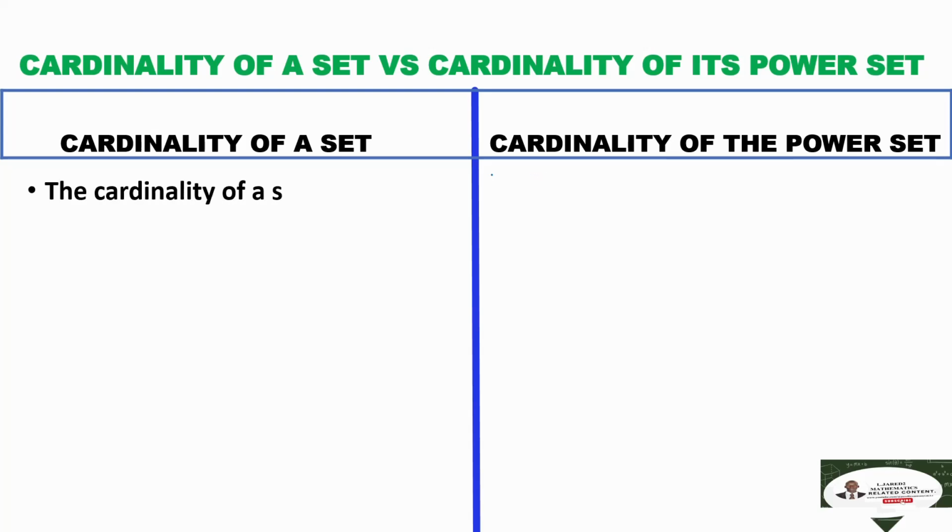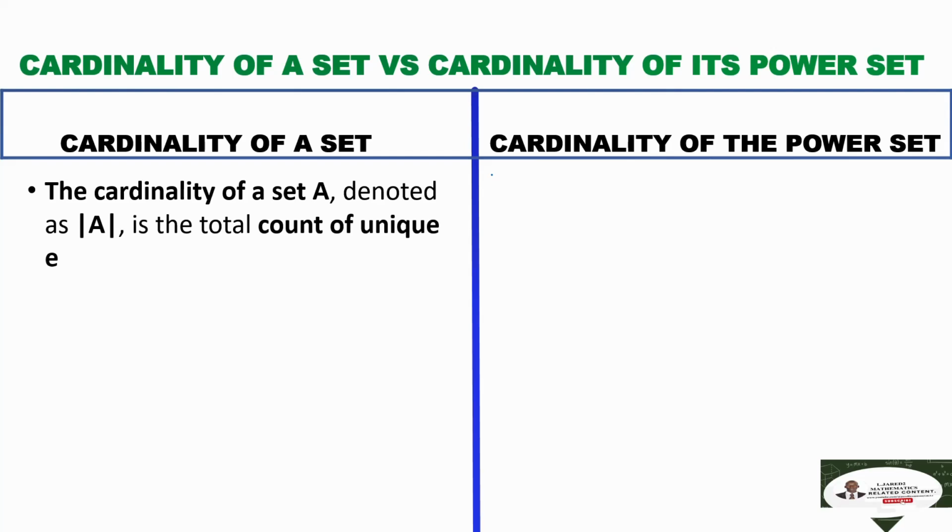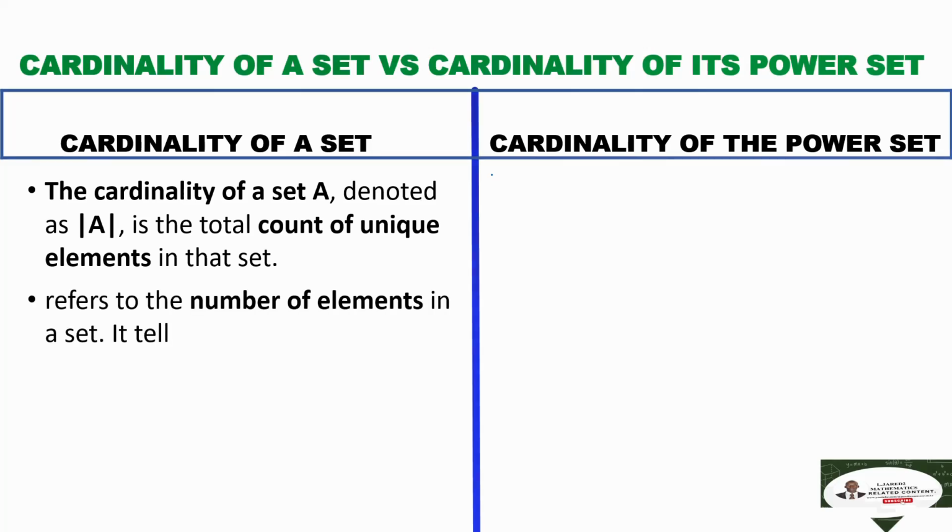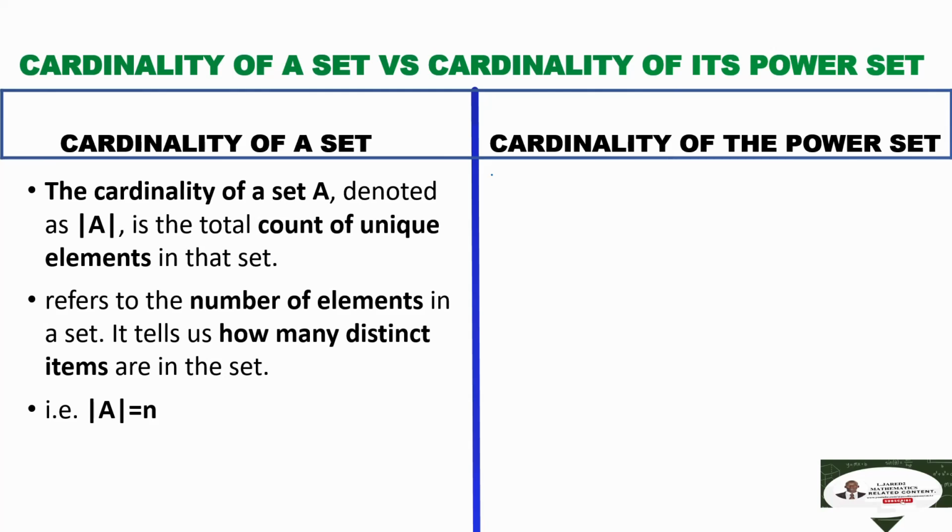By definition, cardinality of a set, say set A, denoted by magnitude of set A, is the total count of unique elements in that set. Or we can still define it as the number of elements in a set. Cardinality of a set tells us how many distinct items are in that set. That is to say, cardinality of set A equals n, where n is the number of elements in the